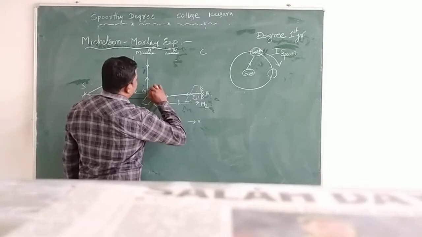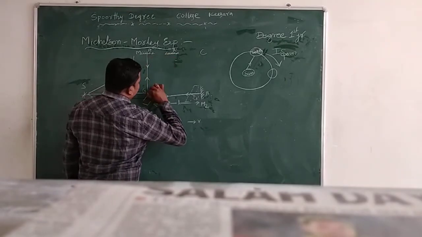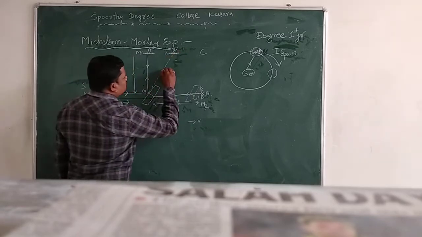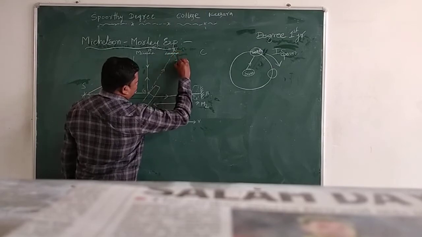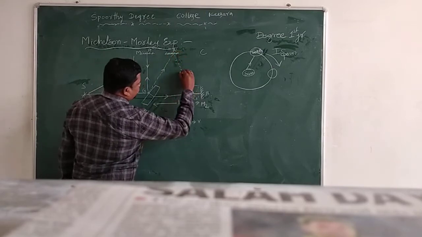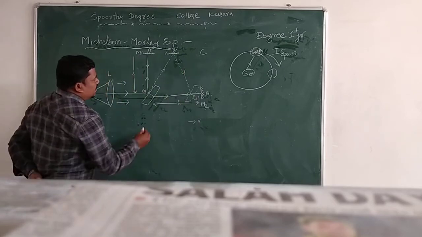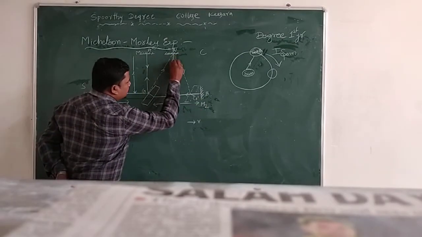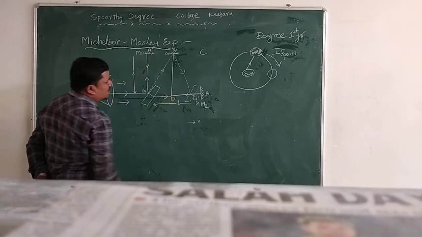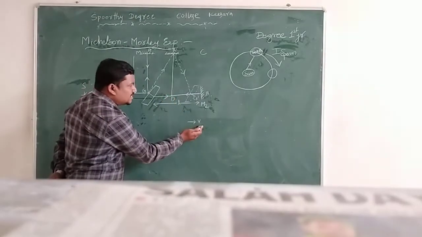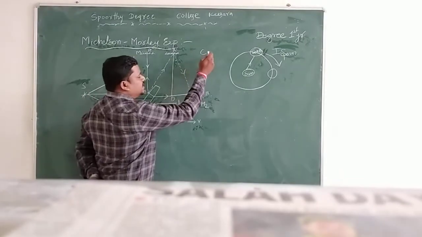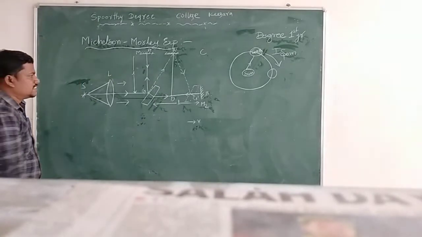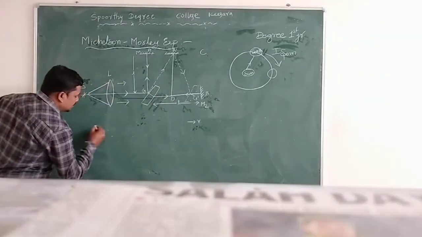When the mirror is moving, the reflected ray goes towards A, again here forms G, A dash, G dash. Take the normal, that is D. Here, the velocity of the apparatus is V, the velocity of light is C. Then here we form two right angles. In that, take one right angle, the ray 1.